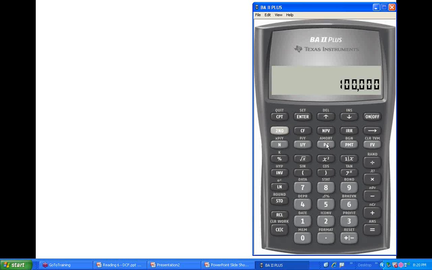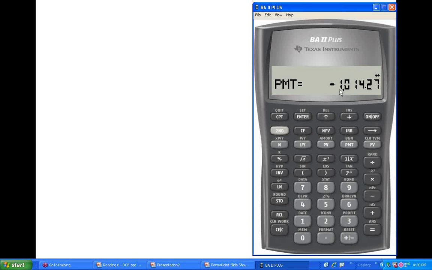100,000 is your PV, that is the amount of money you have got. The number of periods is 180, because 15 into 12 is 180. I/Y will be 9 divided by 12, or 0.75. Future value, I know, is 0. If you compute the PMT, for a $100,000 loan, your PMT comes to 1014. That means every month you will pay 1014.